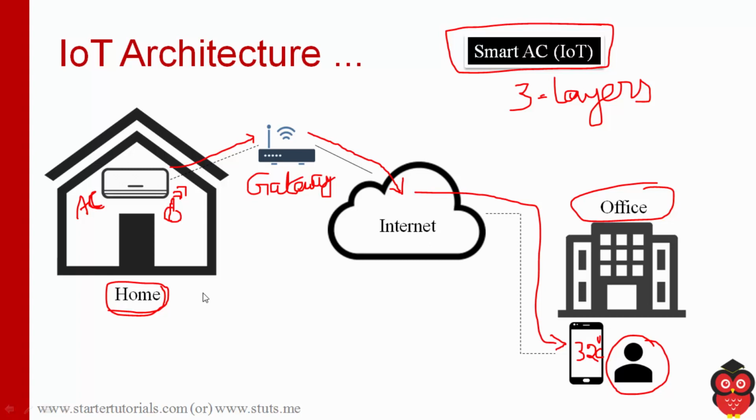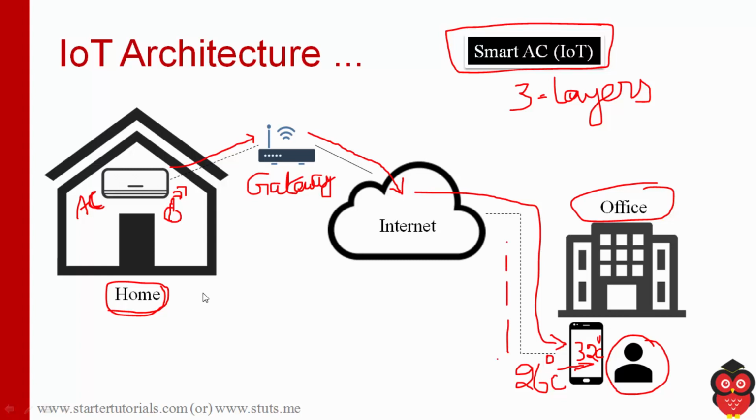Okay, right. And let's say you are going home from the office, and by the time you reach your house, the house should be cool. Okay, it should not be hot. So what you will do, you will use an option on the mobile phone to turn on the AC. Okay, and let's say you will set the temperature to be 26 degrees centigrade. So you are setting this temperature from your mobile phone,